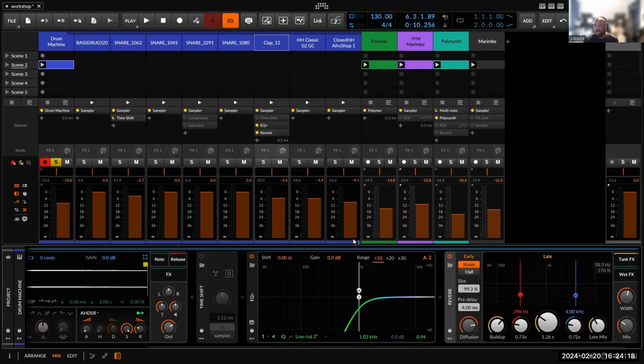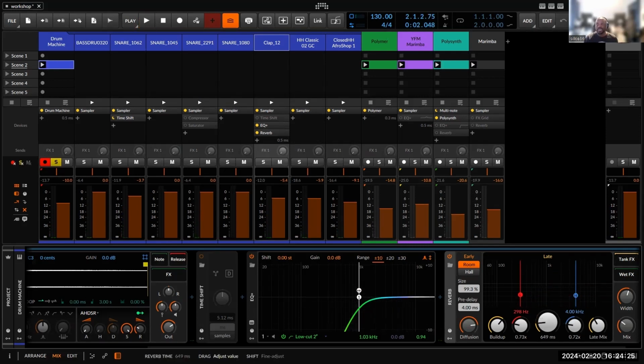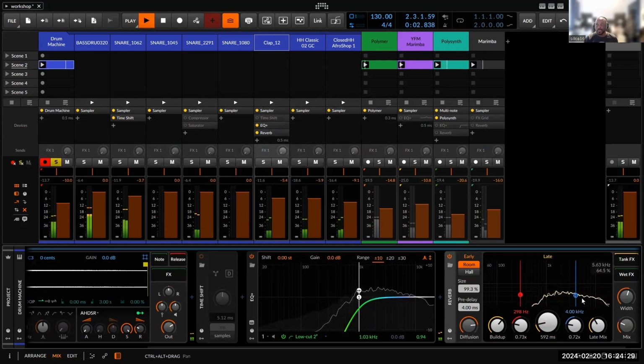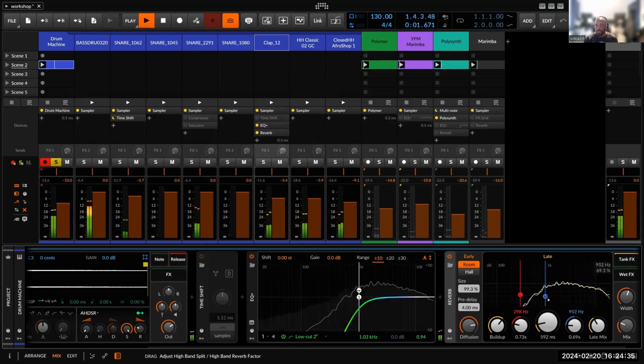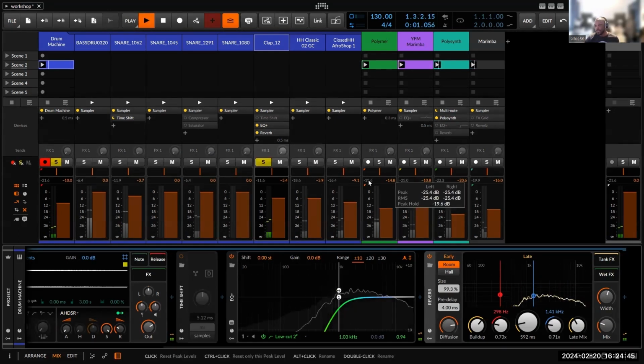So this is Bitwig's reverb, but for what we want, this is way too much reverb. It's got a bit too much high frequencies at the moment, and it sounds a bit too metallic. Yeah, so if you listen to it on its own,